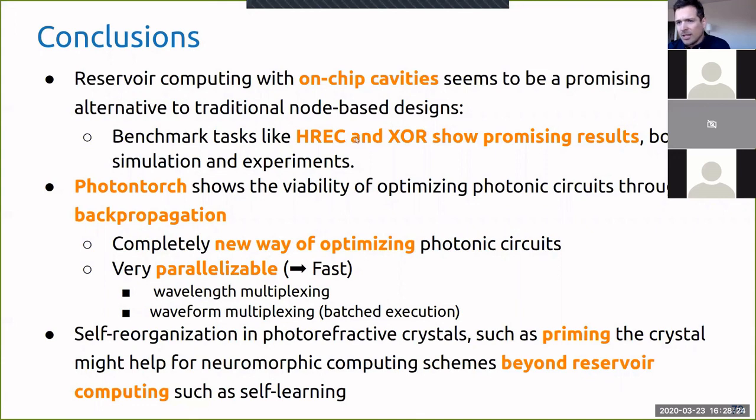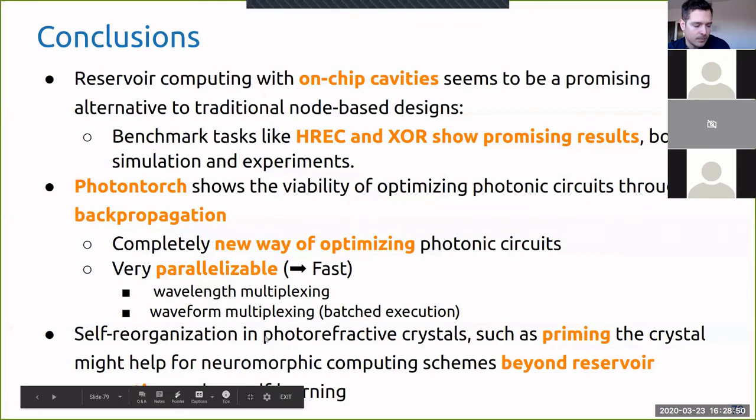Then we went on to the Photontorch simulator, which shows the viability of optimizing photonic circuits through backpropagation. This yields a completely new way of optimizing photonic circuits. On top of that, it's very parallelizable, which makes it very fast for wavelength multiplexing and waveform multiplexing, so basically sending different waveforms